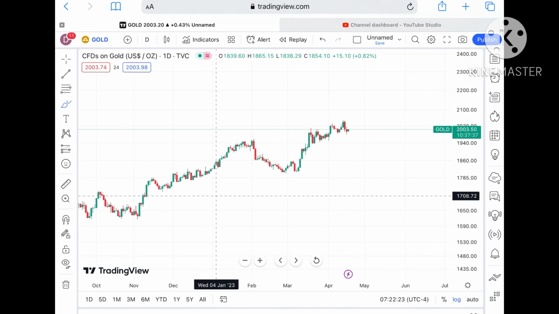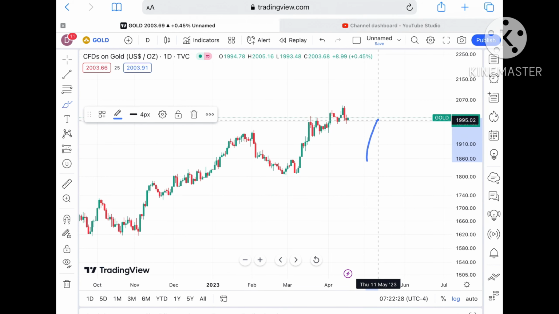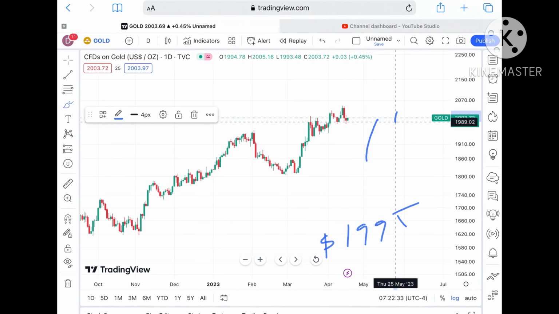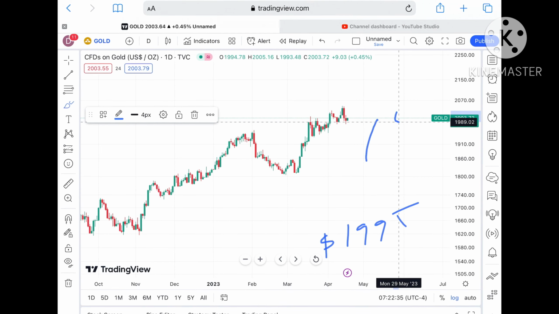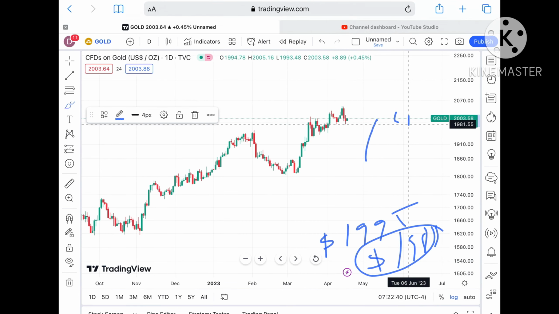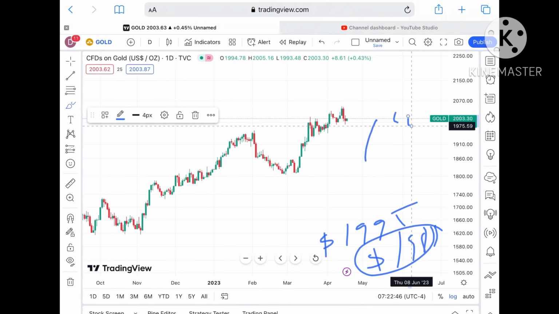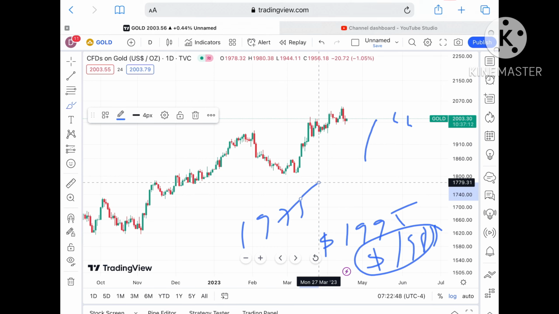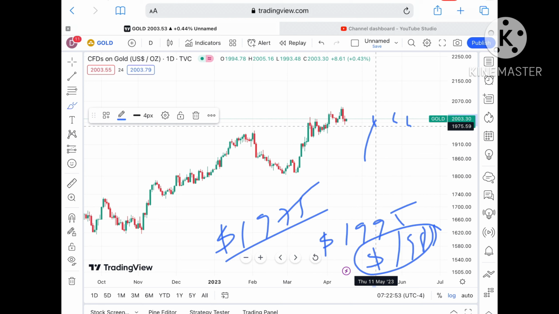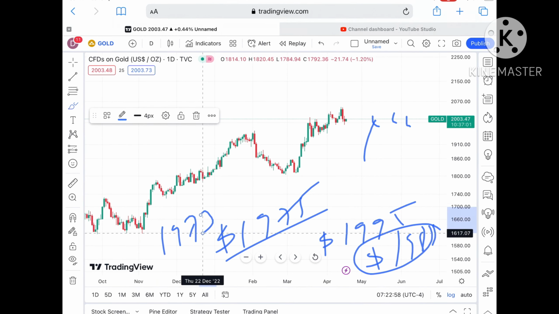Now suppose the price doesn't sustain this particular level, so the next support we can see, it can move further down towards $1995. And if that level also moves further low, then yes, it can go towards $1989. Once it starts falling below 1989, then chances of touching $1983 are there, and from there it can go towards a level of $1975. And once the price falls below 1989, then chances of touching 1975 are there, and from there it can go towards a level of $1973.5.